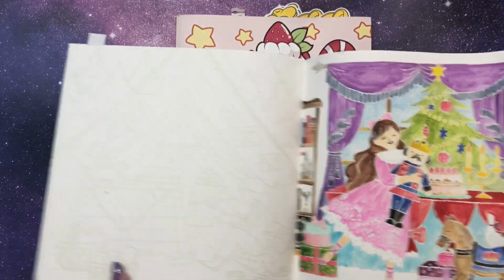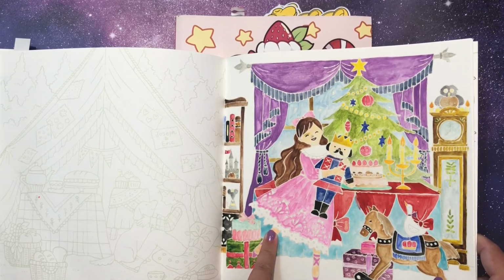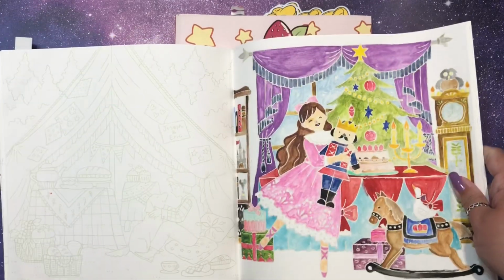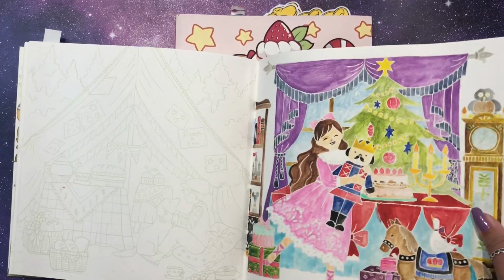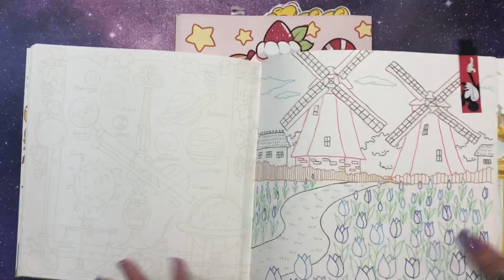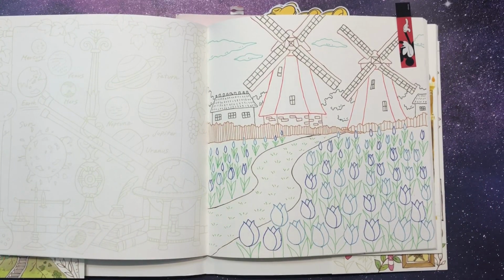So I did this with paint, watercolor, and I actually messed up on her face. Yeah, so I like this, but I'm also confused by it because it looks a little bit weird to me. So then I just recently did this, which is another sneak peek of my wrap-up for June,